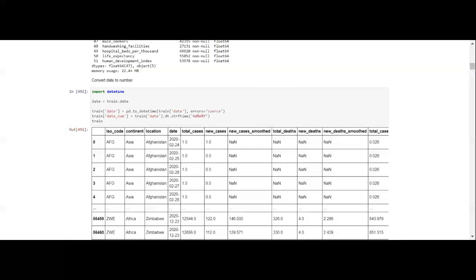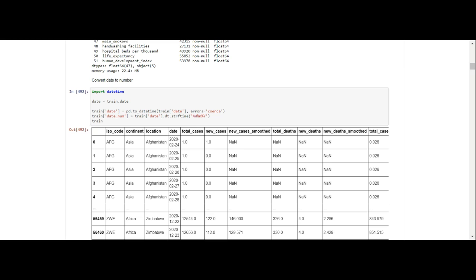One of the first things that we want to do is convert the date to a number. So train date equals pd.to_datetime, train date, errors equals coerce. Train date num equals train date dt.strftime, and then the format they want you to use, and train.